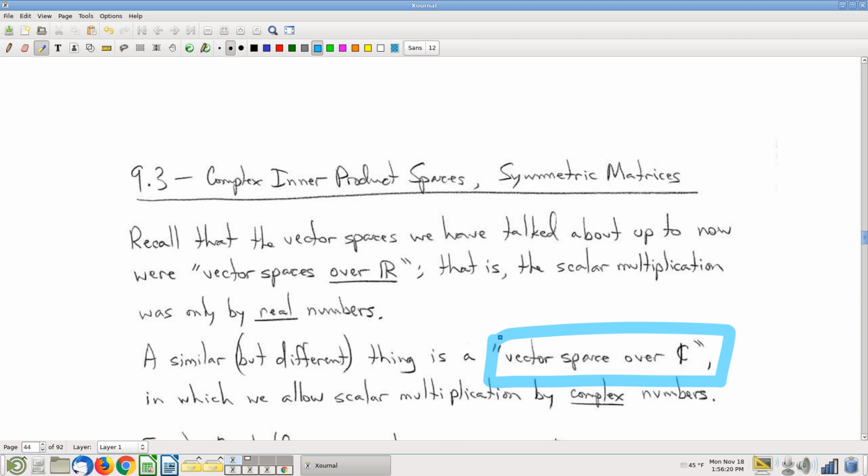Well, because I wanted to be able to talk about stuff in R^n. Right? R^n is relatable. We can draw pictures of it. Once you have complex scalars, well, now you have complex vectors, and that's not in R^n, and it's hard to draw a picture of. Okay, so the next question I want to address is,